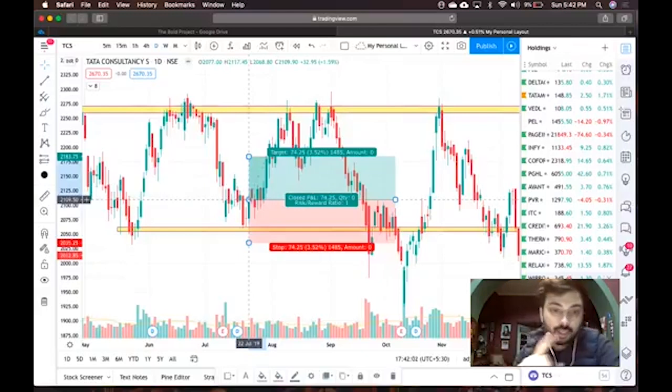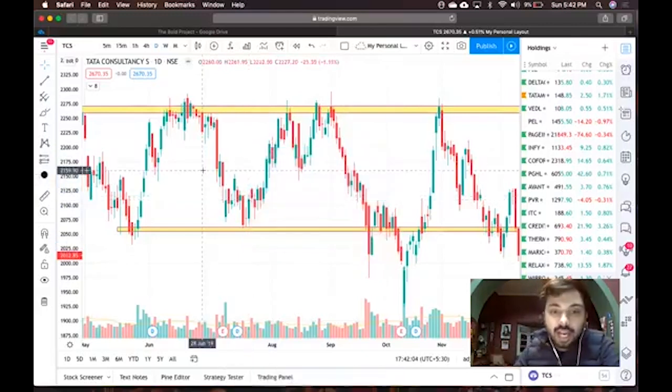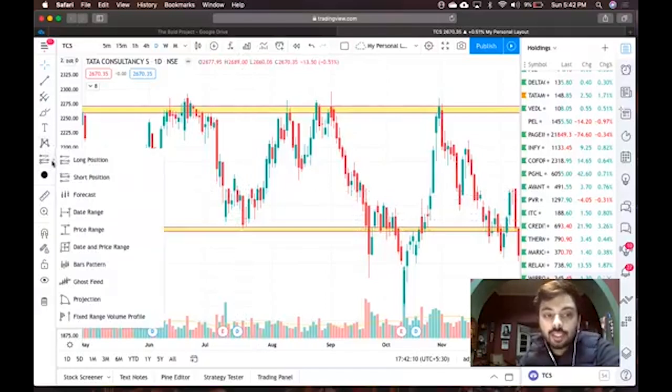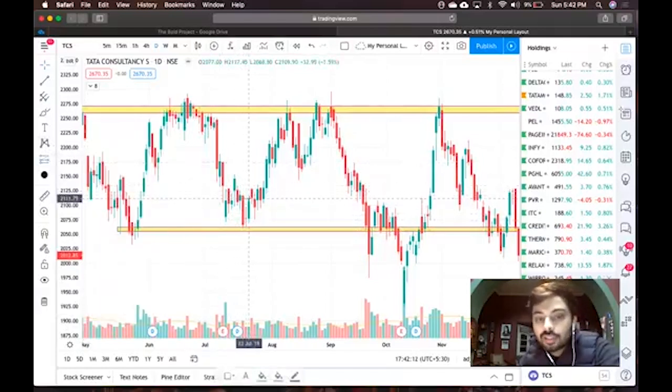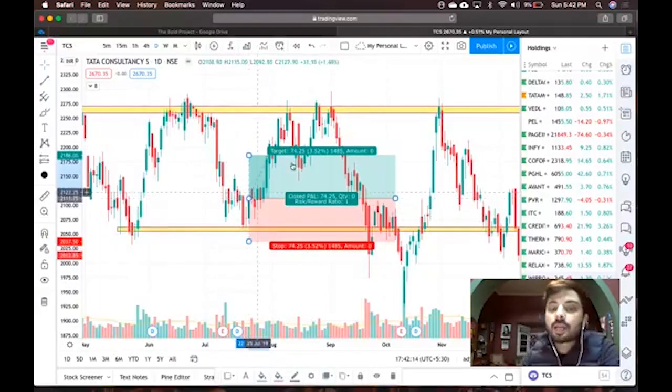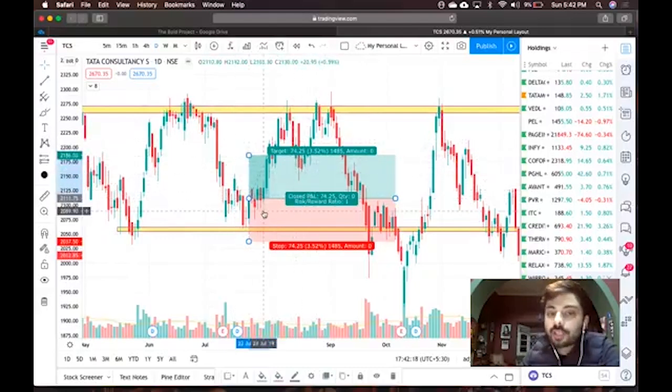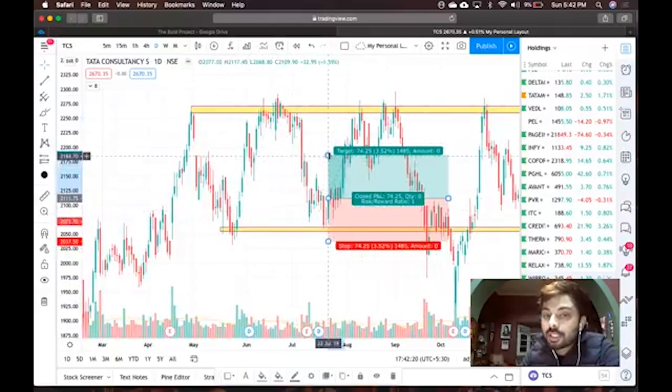So coming back to the same example, I am going to go long on this green candle because I have taken support and I am bouncing from this doji. Click on that long position, click on that green candle. What should be my profit? This green area is called my profit. My target basically, should it be here?